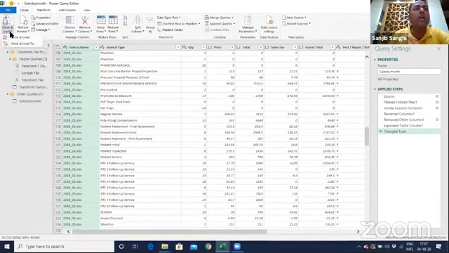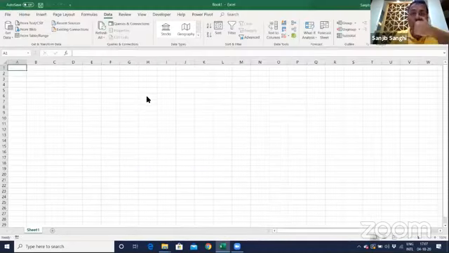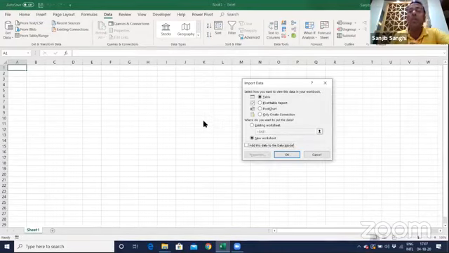What I need to do now is I'll say close and load to. And it's trying to load this file. Now this time, a little advanced, I'm not going to put this data into a table that we have learned. I'm not going to do a pivot chart right now because I wanted to know the GL code of this file, so I'm going to bring one more file into this. I'm sorry, it's a little advanced. I had to do this for those, I promised a lot of pros over here that I'll try to give you some advanced study. I'll create a connection, which means I don't want this data to be thrown